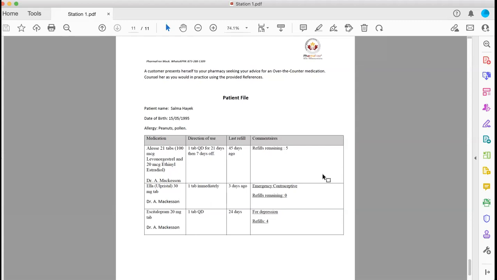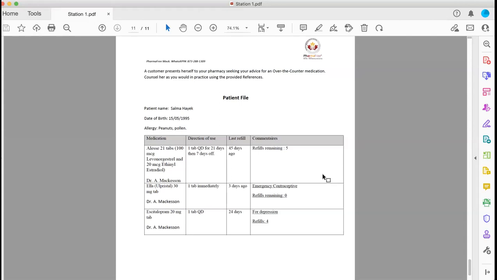Okay. I can see from your profile, Salma, that you are taking Alice as a contraceptive. Did you by any chance miss any doses? I stopped it. Any reason behind stopping it? Yes, it gave me leg swelling and some problems in my stomach. So there was sexual intercourse yesterday without any barrier or other contraceptive method, right? It was unprotected.